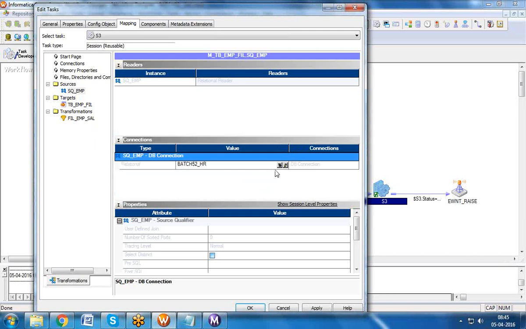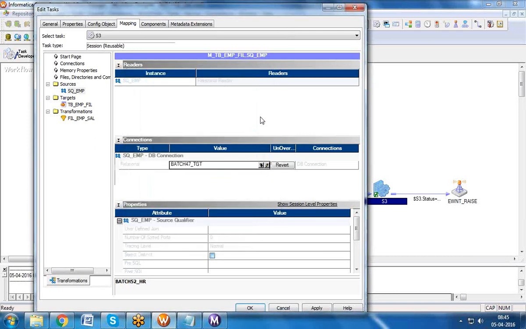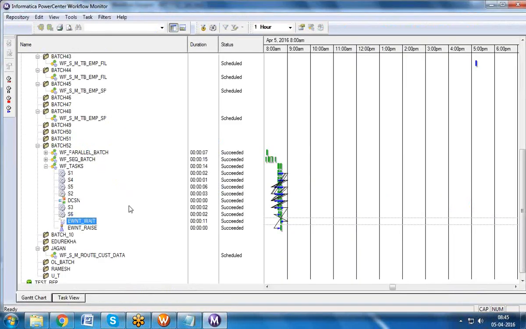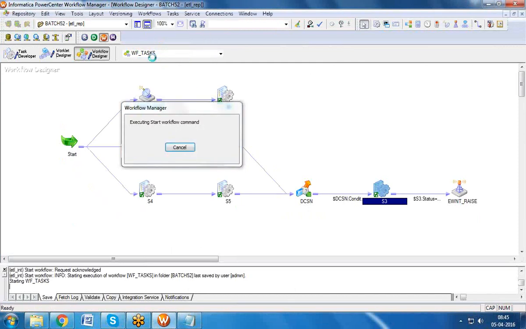So what I'll do, I'll just change it to something like the target connection. Can you see now? Okay, look at the desktop. Click on apply, click on OK, save it. Now restart the task again. Workflow, start workflow.